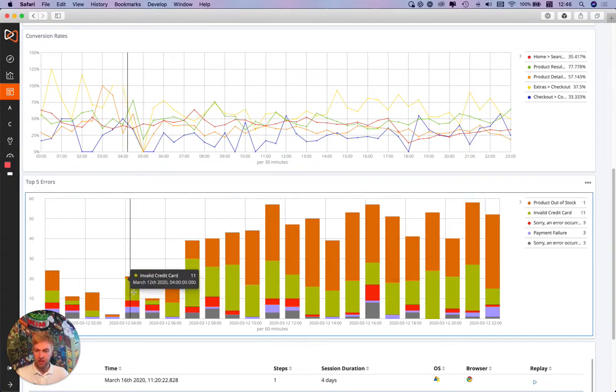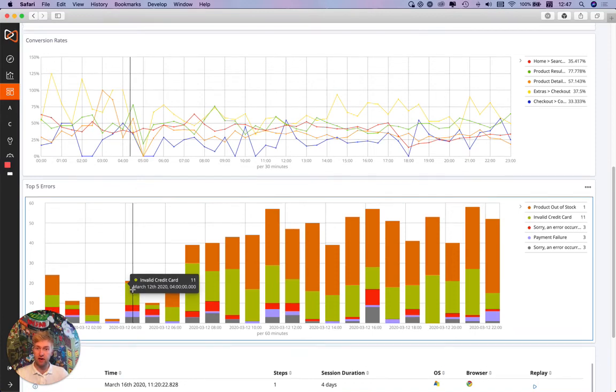At 5 a.m. we can see we've got a real spike here proportionally for invalid credit card messages. So that would signal to us that customers are getting to the order funnel, and then they're trying to put their card in, but they're seeing an invalid card message, and that would then flag to me to go and investigate our payment provider and make sure that there was no errors coming back through that API that was causing